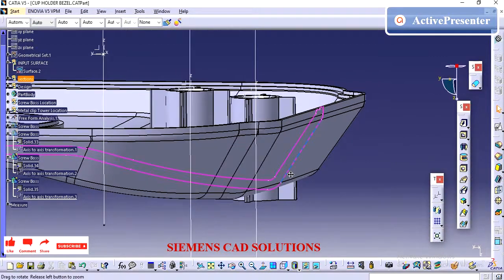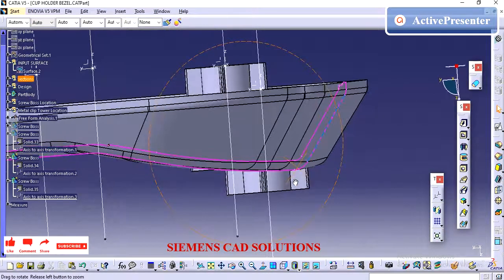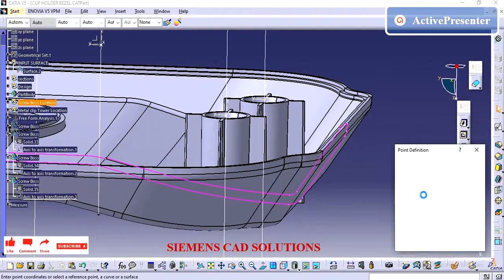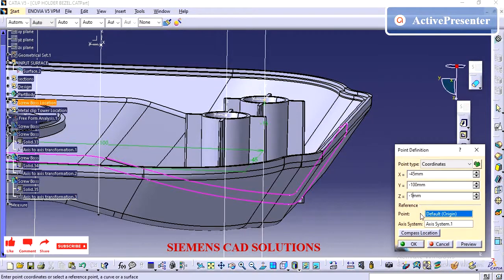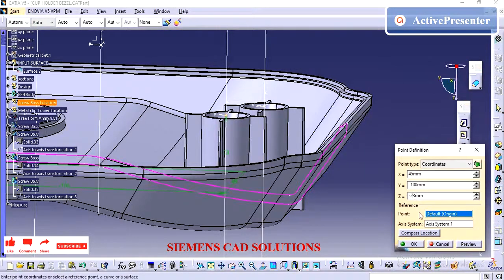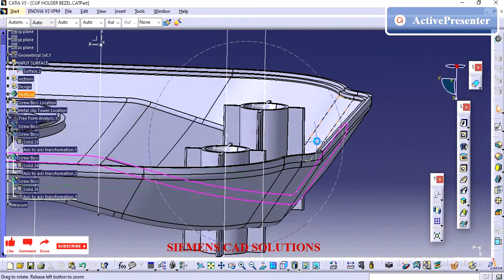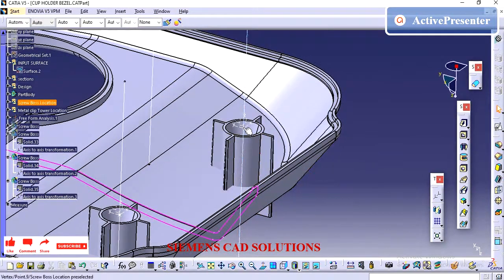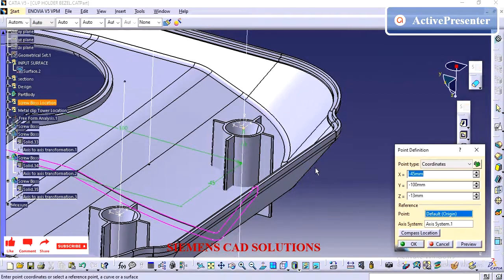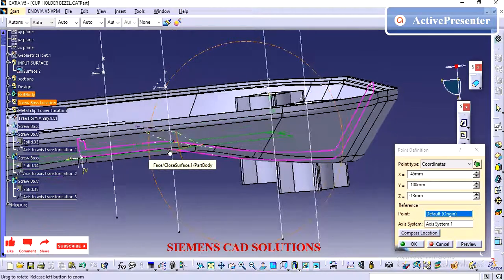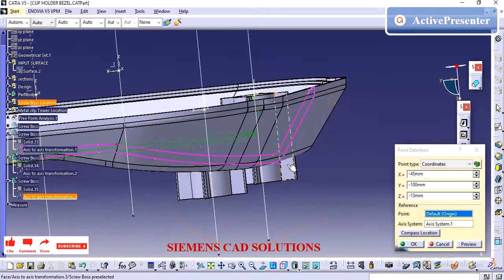These attachment strategies will be given by the CAE team. Initially you can add some of the attachment features. Once they have done the CAE analysis, according to the report, we need to update the features. It will decide the number of attachments. So I'm just reducing the height. The bosses were actually coming out of the part.